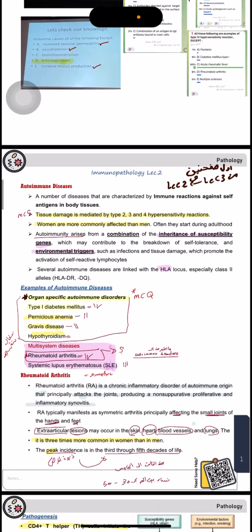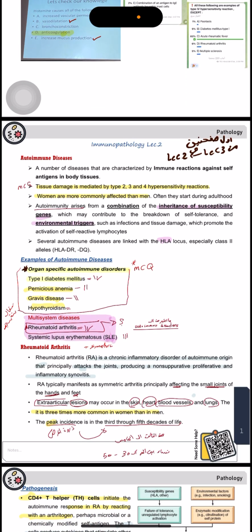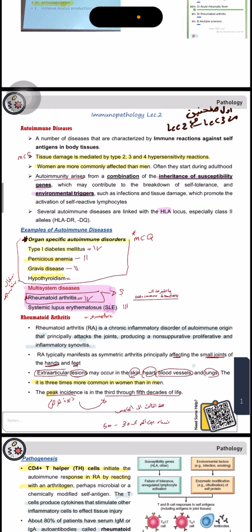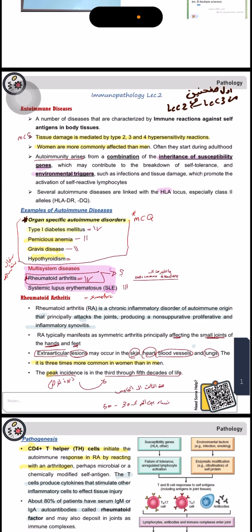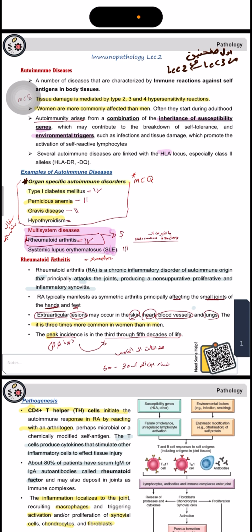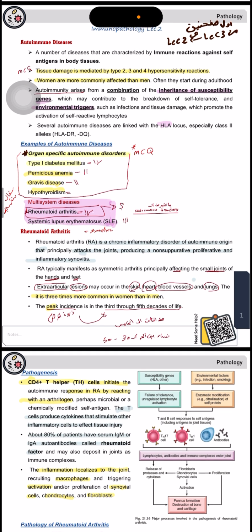In immunopathology from Montreal University, we have autoimmune disease. As we see, autoimmune disease is an immune reaction against self-antigens in body tissues. It includes or mediates tissue damage made by all types of hypersensitivity reactions except type 1. It is more common in females than males. It results from a combination of inheritance and environment, linked with HLA type, class 2 alleles,